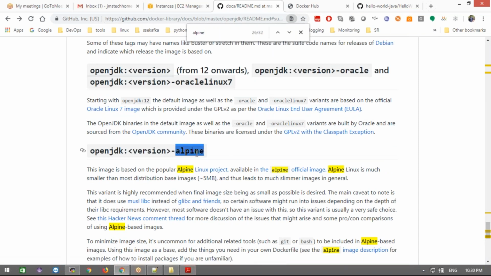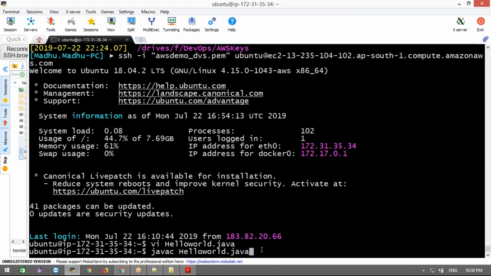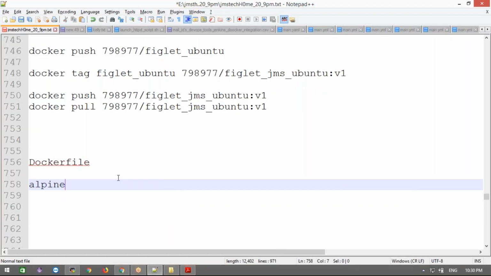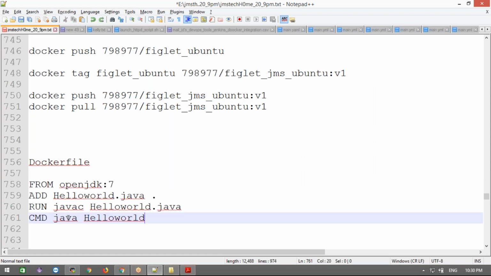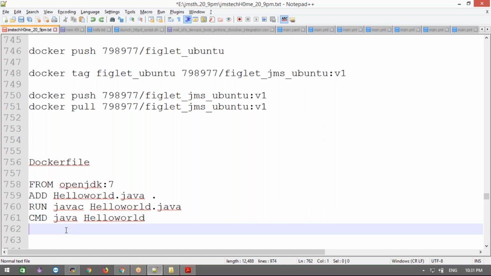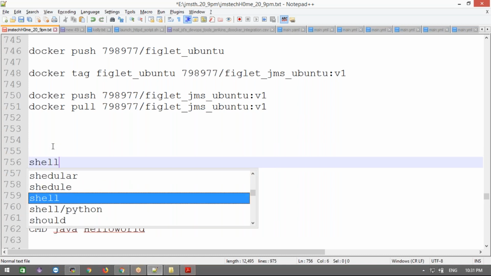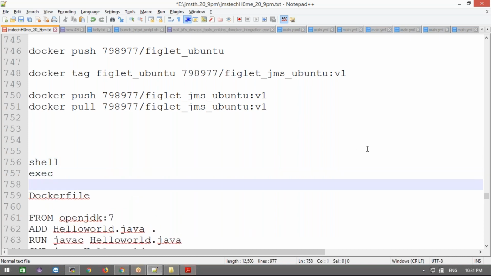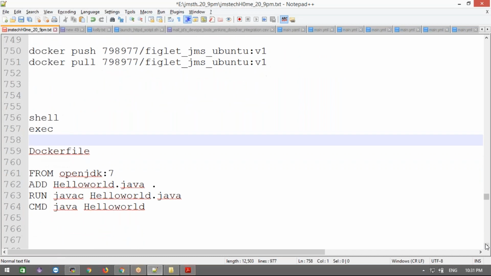I'm going to create two Dockerfiles, which we're going to discuss later. I'm going to show the difference also. This is the command, and RUN has two forms: one is the shell form, and another one is the executable form, which I am going to discuss later on. The RUN command and ADD both have a shell form and an exec form. Two forms are there. We'll discuss it later.